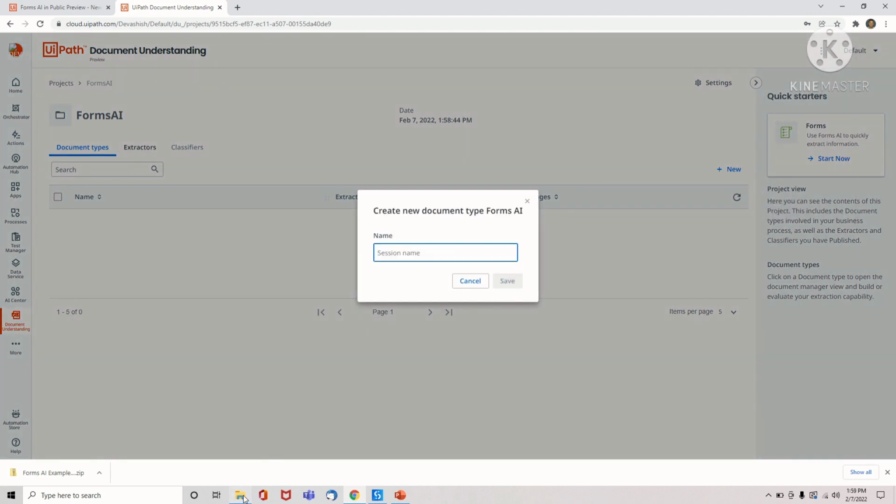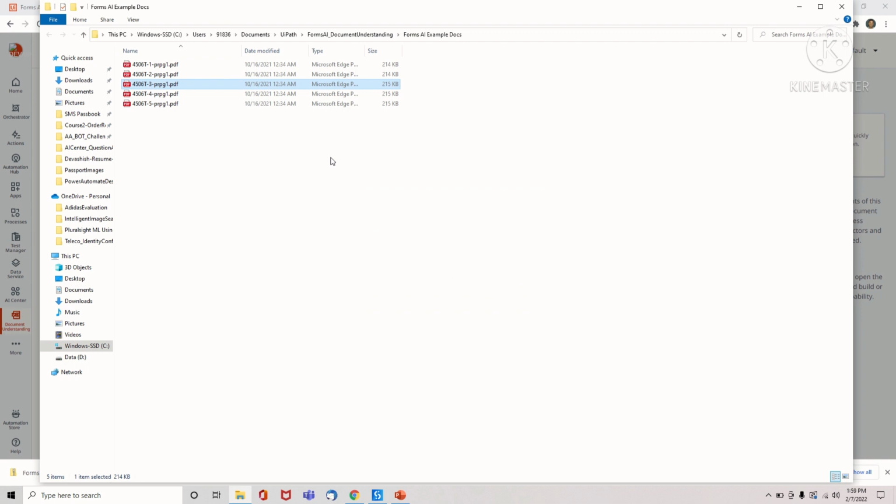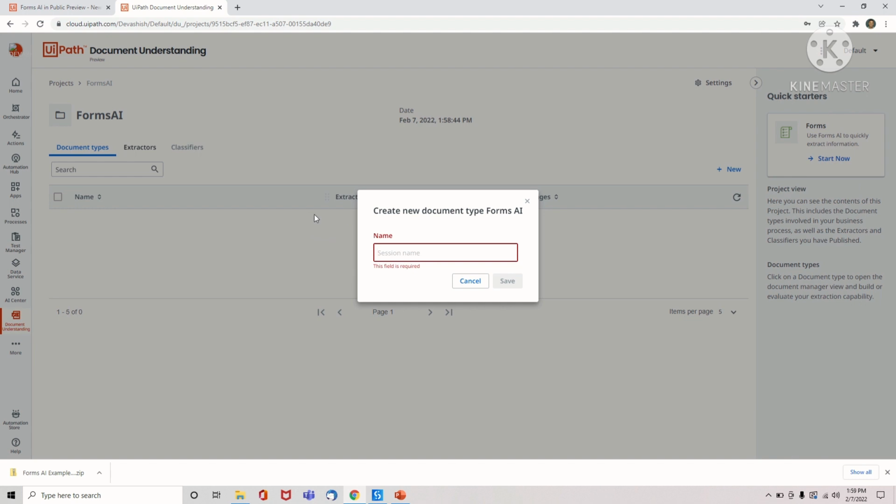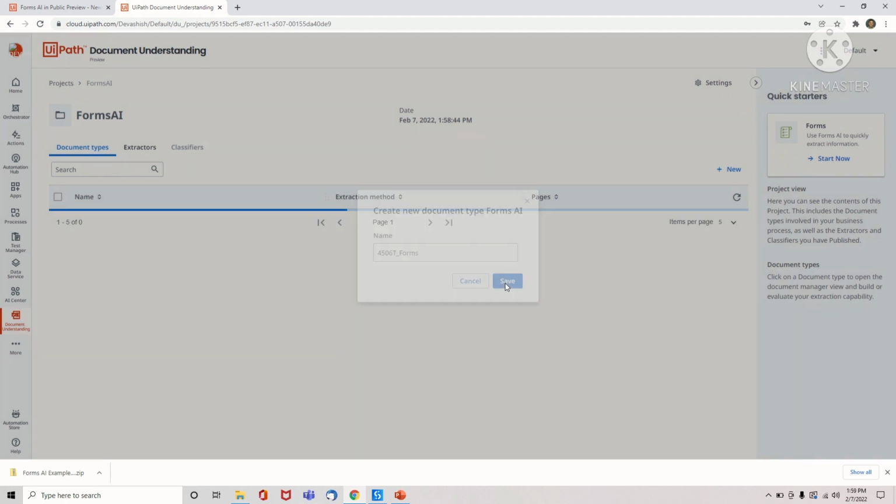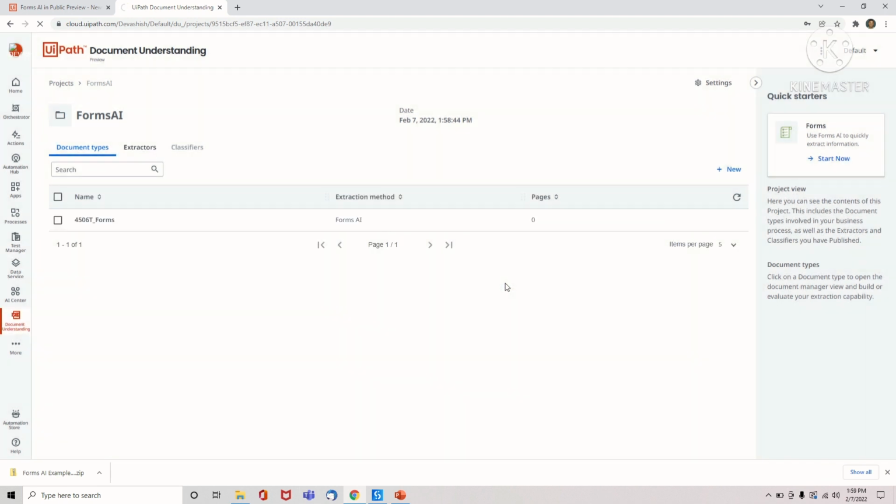So if you see, I actually have the samples over here. These are the samples which are provided in that UiPath post. So I have taken those samples. So these are 4506 forms. So let me just give them. So once you have this, you navigate to the